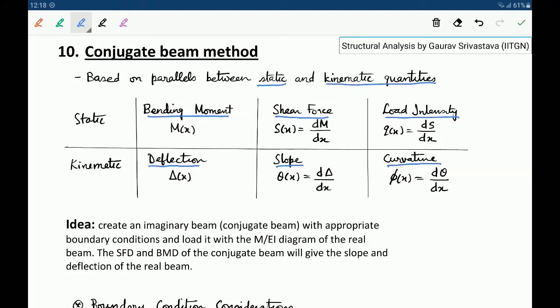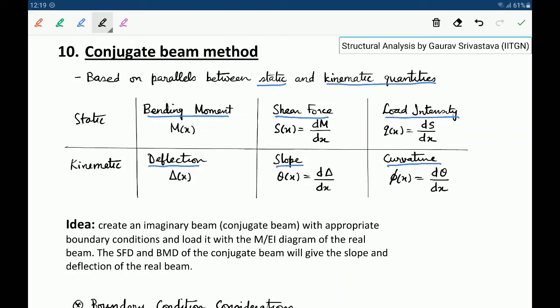In general, it is usually thought to be easier to calculate the static quantities. So, for example, bending moment, shear force, etc. If the overall quantities like reaction forces are known, these bending moment, shear force, etc. can be found out directly by force balance or moment balance type of relations, whereas kinematic quantities require a little